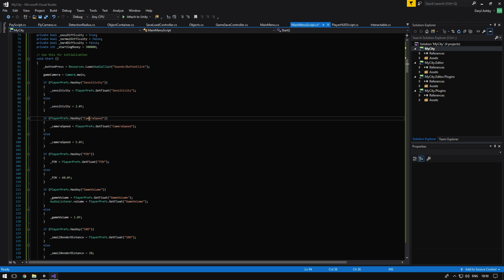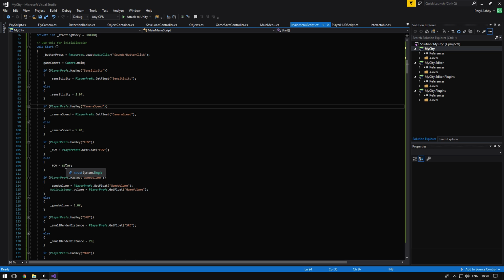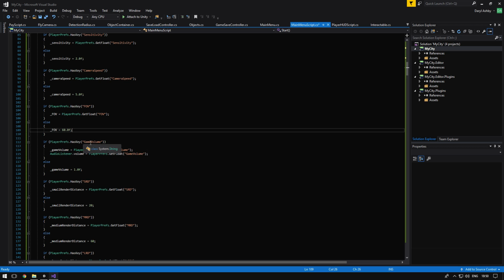They've got the same for camera speed. Field of view, Unity's default field of view is 60, I believe, so that's why it's 60. If you don't have the key, it defaults to normal. And game volume,